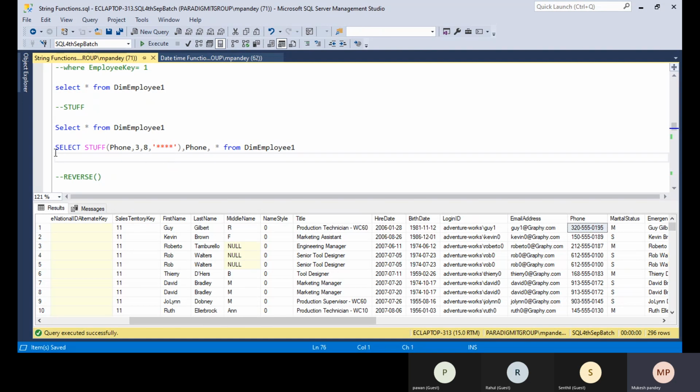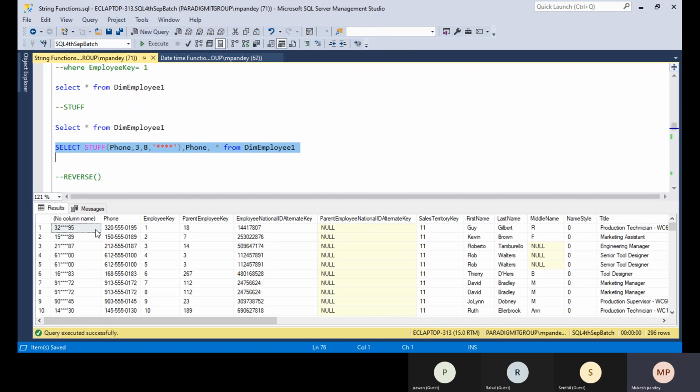Okay, so if you execute this part of the code, now you can see the value is coming like this, 3295. So only the starting two digits and the ending two digits are showing. You can do the same thing with the email address also.